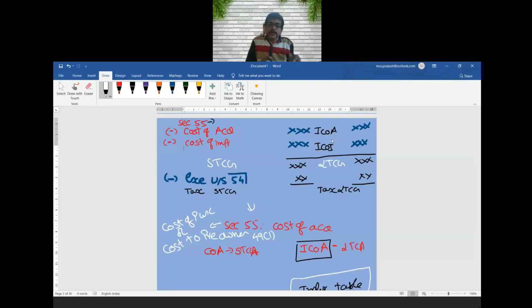Okay. Now, cost of acquisition is this. So what is the meaning of cost of acquisition here? Purchase cost. Then indexed cost of acquisition. Why are we giving indexed cost of acquisition? As there is something called inflation. The cost earlier is different, the cost today is different. The value earlier is different, the value today is different. So based upon this, నేను ఎంతకైతే కాస్ట్ కొన్నానో దాన్ని కూడా ఇన్ఫ్లేట్ చేయాలి.